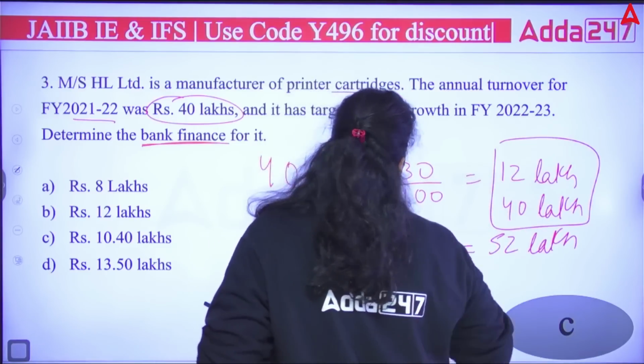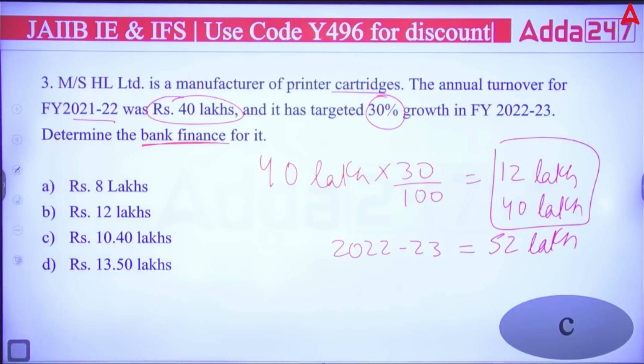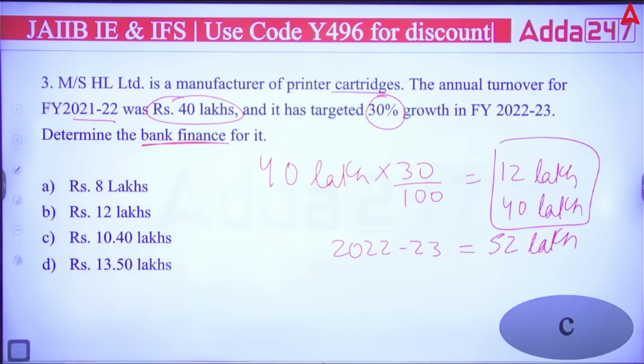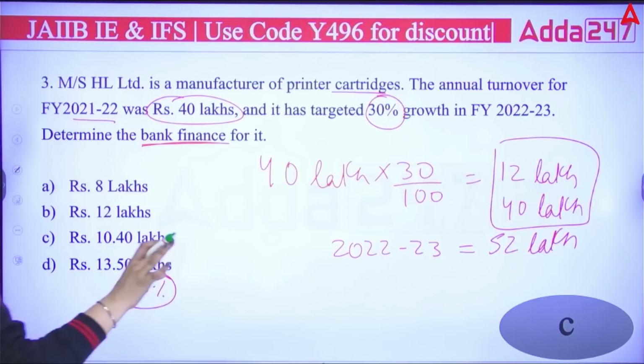23, your turnover will be 52 lakh after calculating the 30% growth in your business. Okay, now if we talk about the bank finance, how much finance does the bank provide? So it is defined under the turnover method. Like overall capital is required for working capital, that is 25%. This is a formula, the defined formula in our bank.